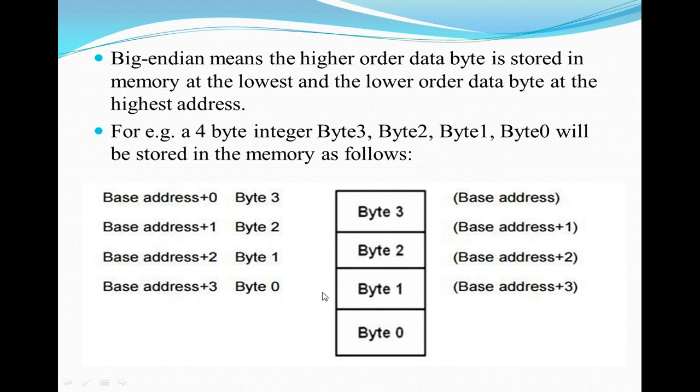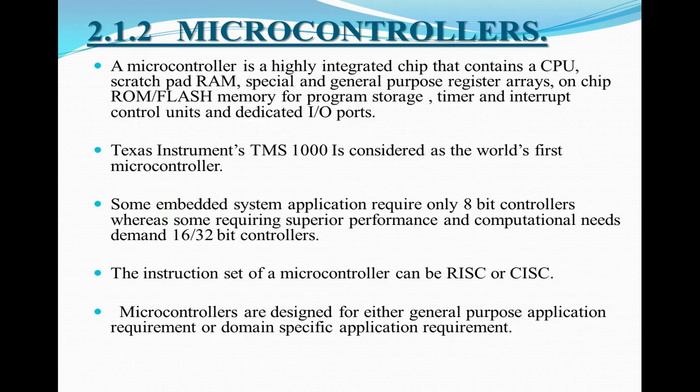Next, we are going to see the endianness. The endianness specifies the order in which the data has to be stored in the memory by the processor operation in a multi-byte system. What exactly does endianness mean? Endianness is the way in which the data is to be stored into the memory.